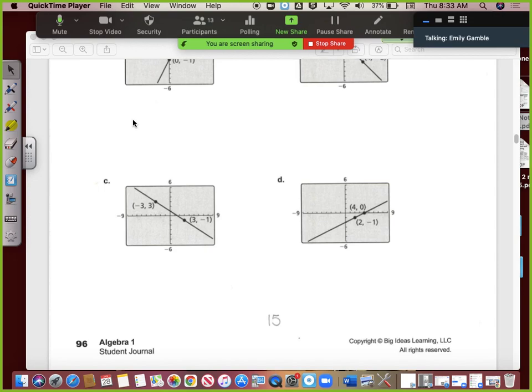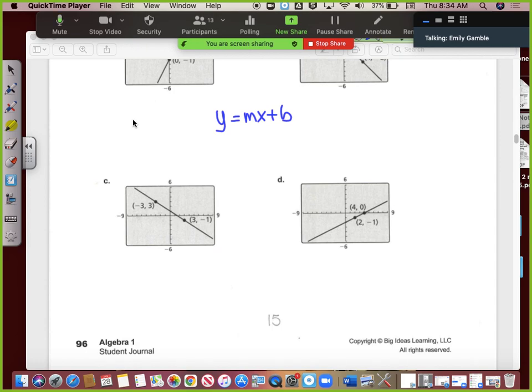So to create an equation in slope-intercept form, you need two things. You need the slope and you need the y-intercept. So if you want a reminder, slope-intercept form is y equals mx plus b. You will need to memorize this for our next quiz on Tuesday so that you know how to insert the